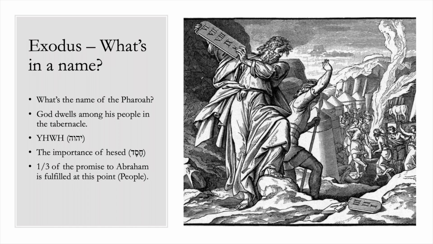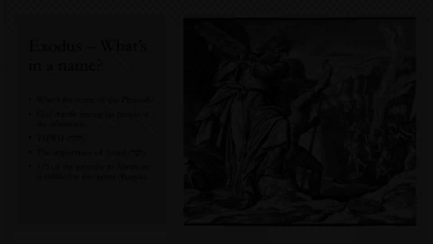We already talked a little bit about Yahweh's name, right? What did we say that Yahweh's name means? I am. He is. He is. Yeah, he calls himself I am. We call him he is, right? Yeah, and so this gets revealed in Exodus 3, Yahweh, he is or he will be.